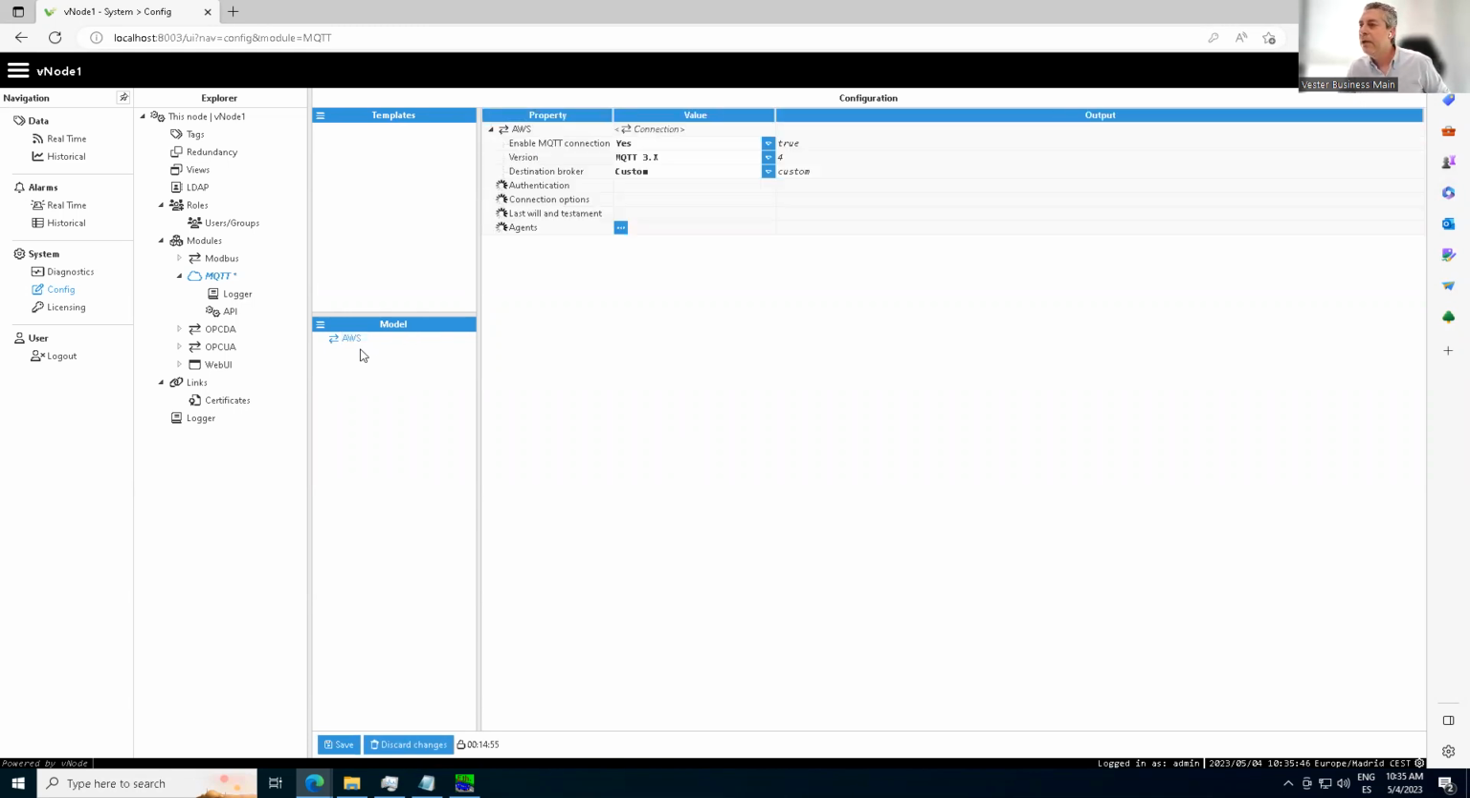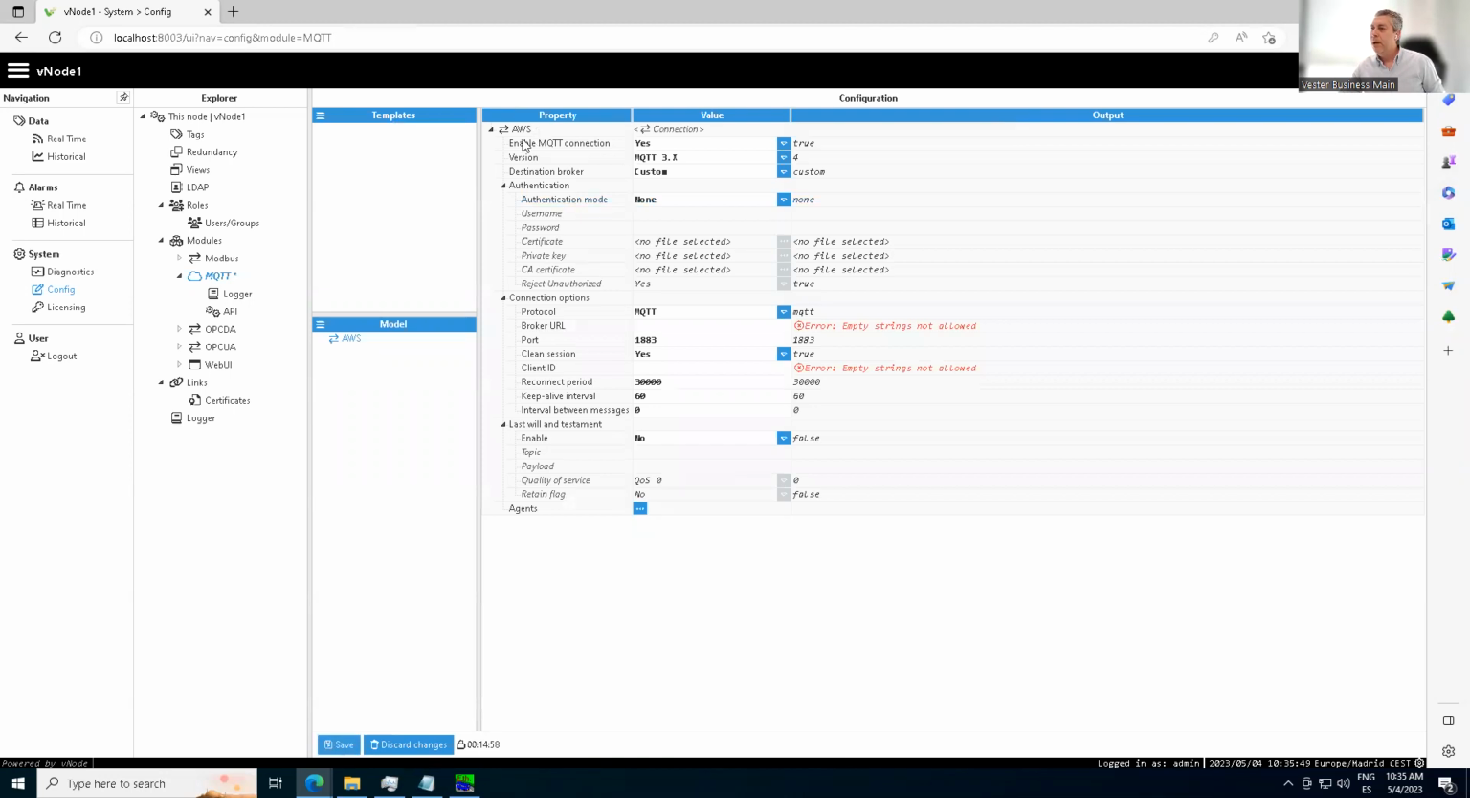There we go. All right, so here we have all our fields to fill in. So we're going to enable the MQTT connection. Yes, the version, we have several options here. Okay, right now we're going to be using MQTT version 3. The destination broker, we have different options here. In this case, vNode comes ready with the connection